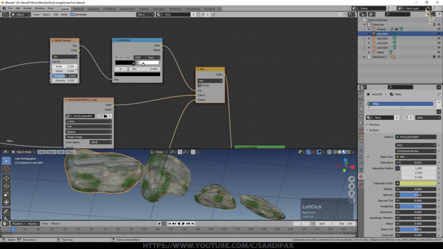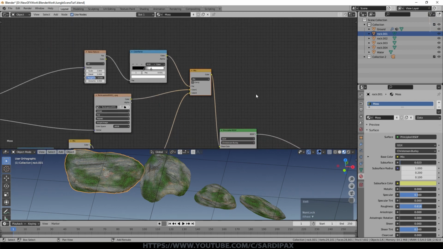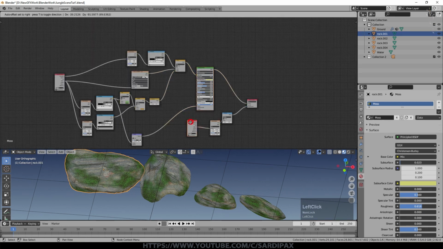So if I change this, you can see how that affects it. If I go up high, we get a lot more patches of moss. If I go down low, we'll get far fewer but larger patches of moss, and this controls the fall off, so we can go to a point where there's almost no moss to areas where the moss is quite thick, but you want a bit of fall off on there obviously. So that's controlling the mix between those two textures, and then that's just being fed into our principled shader. I'll talk about these in a minute.